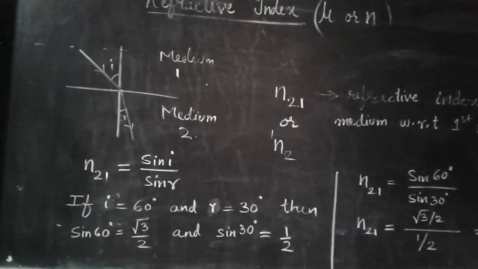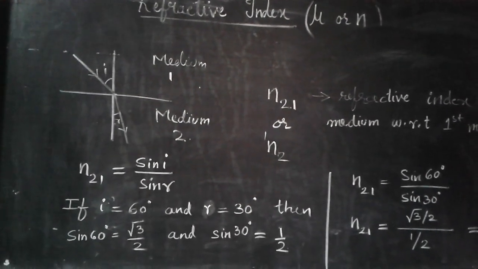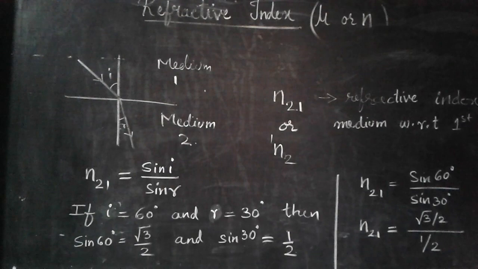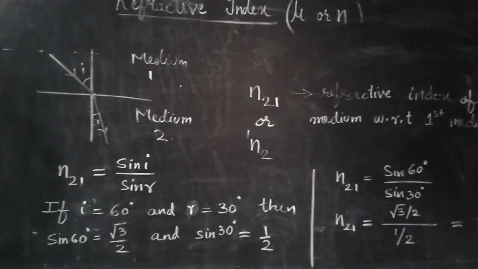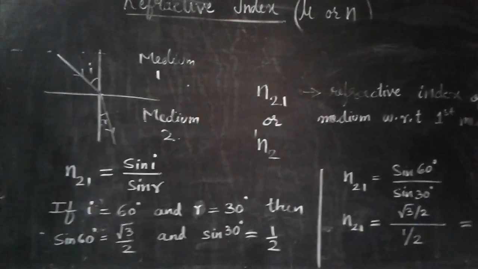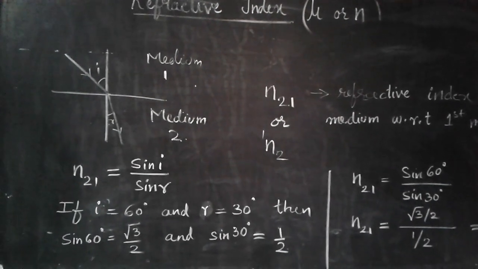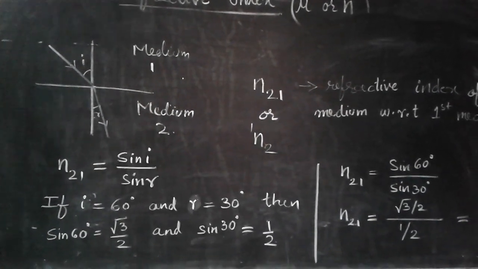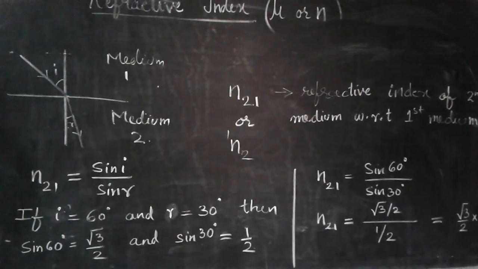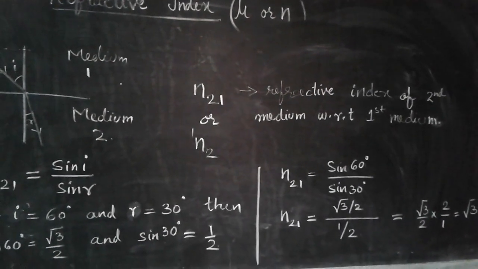I is taken to be 60 degrees, as the value of I is more and the bending is more toward the normal in the second medium. So I have taken the value of R to be 30 degrees. By trigonometry, if you have done the chapter, you must be able to answer this: sine 60 degrees is root 3 by 2 and sine 30 is half. So when we keep all those values here and calculate, we find that